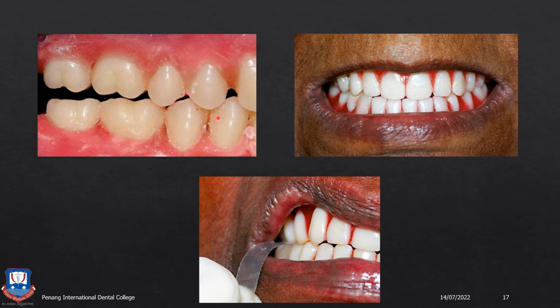But when you see the centric occlusion, you see that there is a posterior open bite. The teeth are not in contact. This could be due to an error in the secondary impression. This could also be due to an error, most likely during the jaw relationship step. That is, maybe the heels of the denture were touching prematurely before the wax rims came in contact, or the patient did not give a proper centric relationship, or the record bases were faulty and distorted. This could result in something like this.